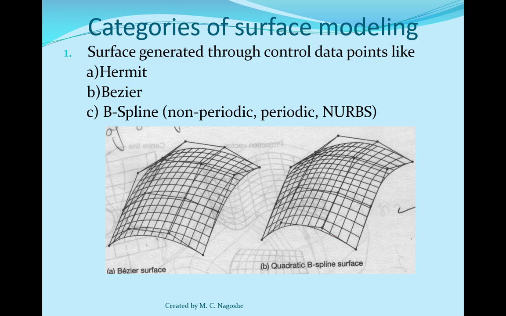Next is surface generated through interpolation between two or more surfaces. There are two surfaces already available, and then we do a certain kind of interpolation. Here in this case you could see a fillet. Okay, fillet is one thing, and we have a chamfer. These chamfers and fillets are nothing but interpolation between two surfaces. A fillet is the interpolation between this surface and this surface.